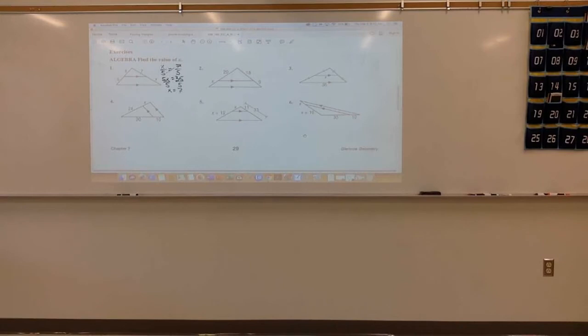This one's a little different. I'm not giving any measurements, but if these two pieces are equal,